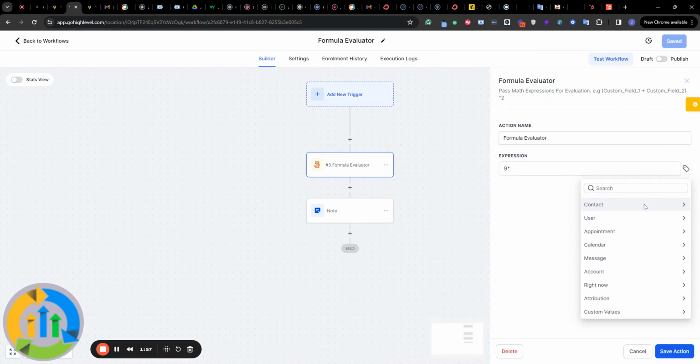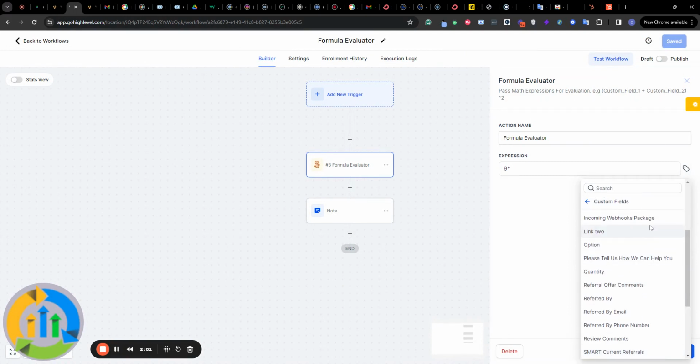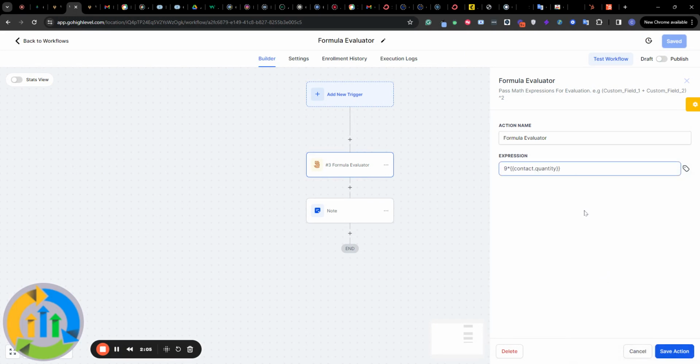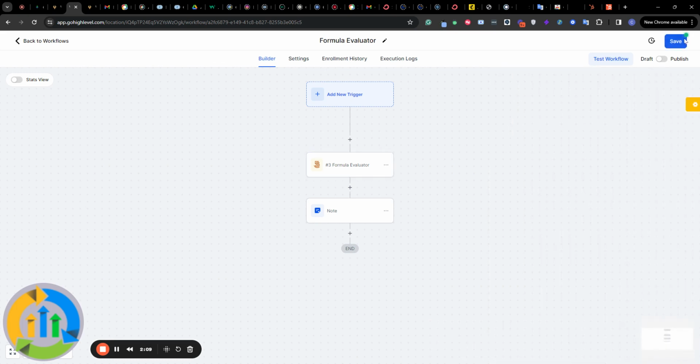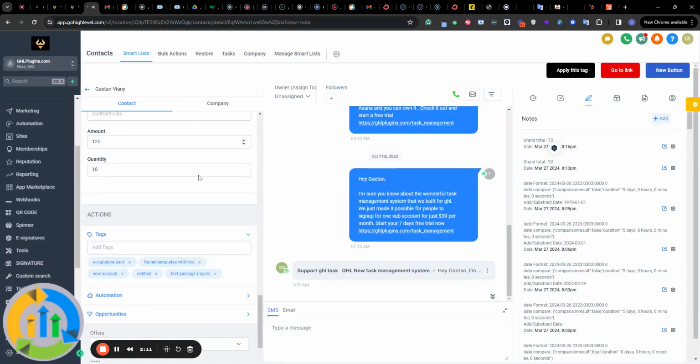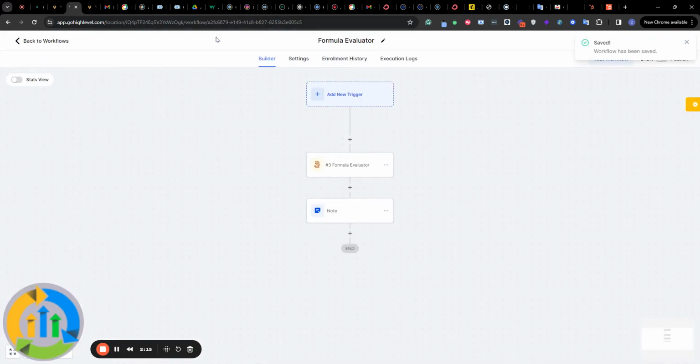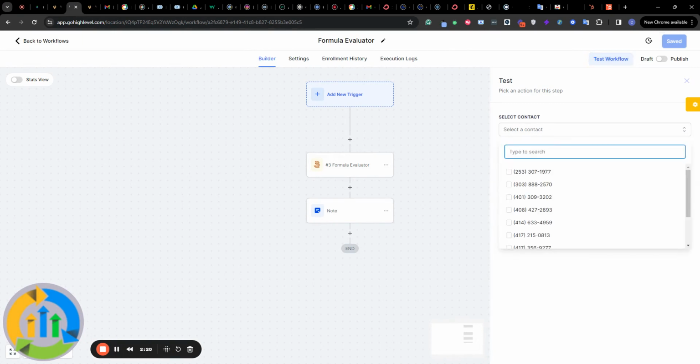We can also use custom fields, numerical custom fields. So make sure whatever value you're putting in is a numerical value. We can use 9 times quantity, making sure that we know the quantity. Quantity here is 10. So if we go to 9 times quantity, which is 10, and we test that again,